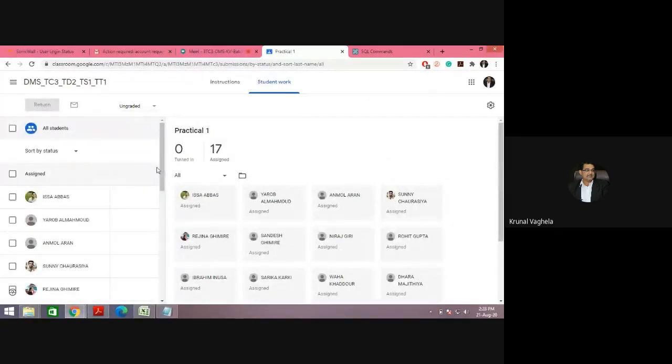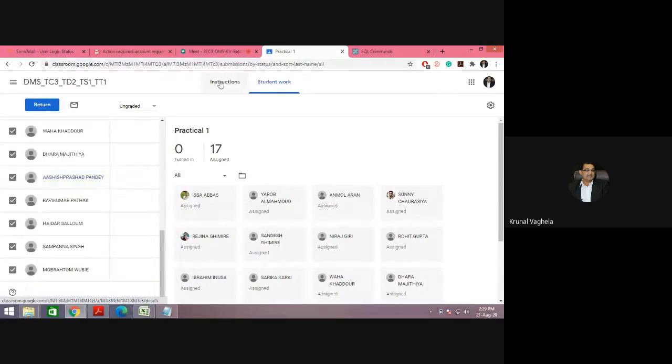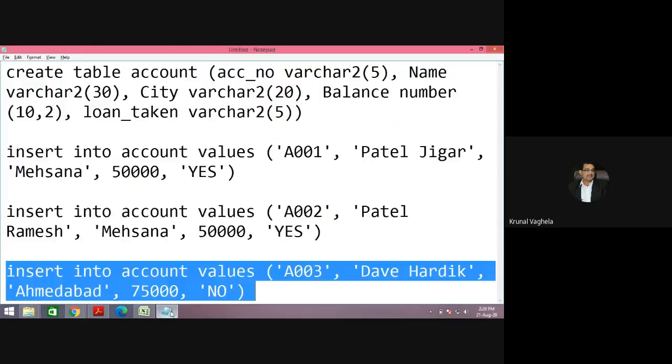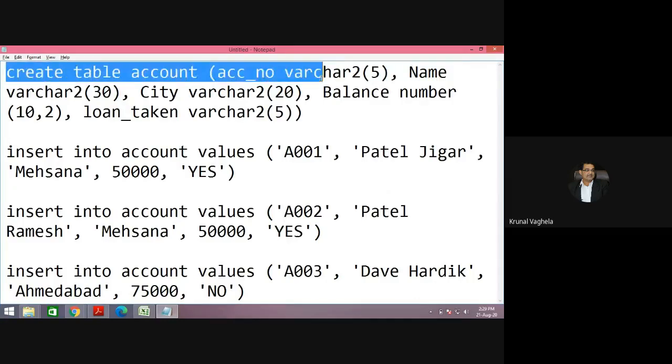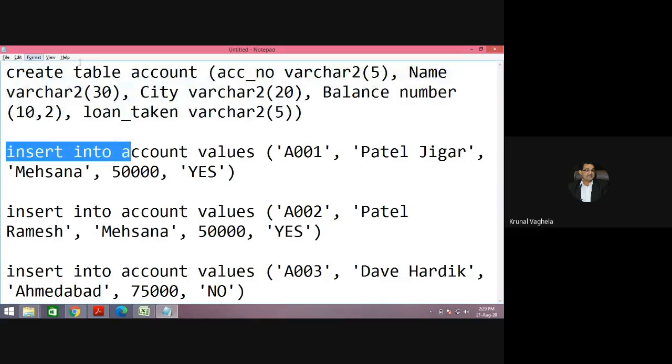I have assigned it to all the students. This is practical one, and the due date is 3 September. By 3 September, you need to make a file like this: all the create commands and all the insert commands, convert this into a PDF and submit it as practical one.